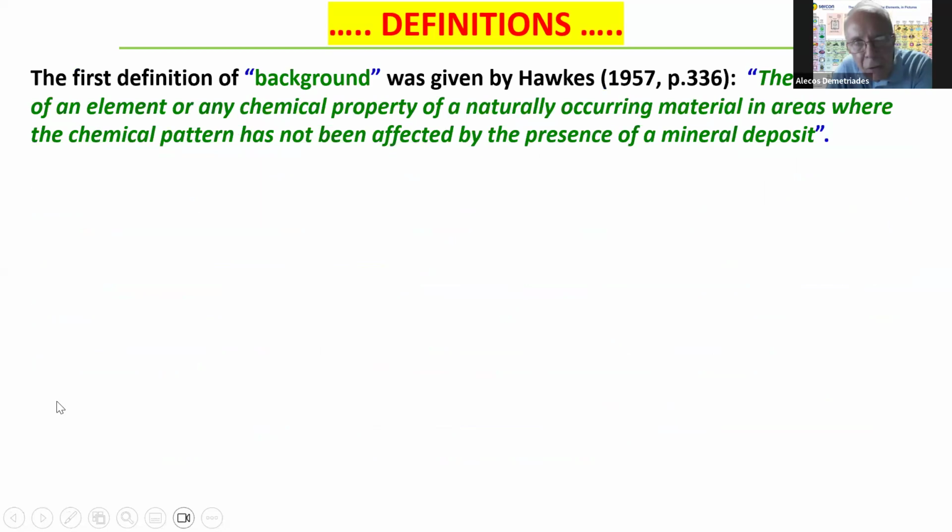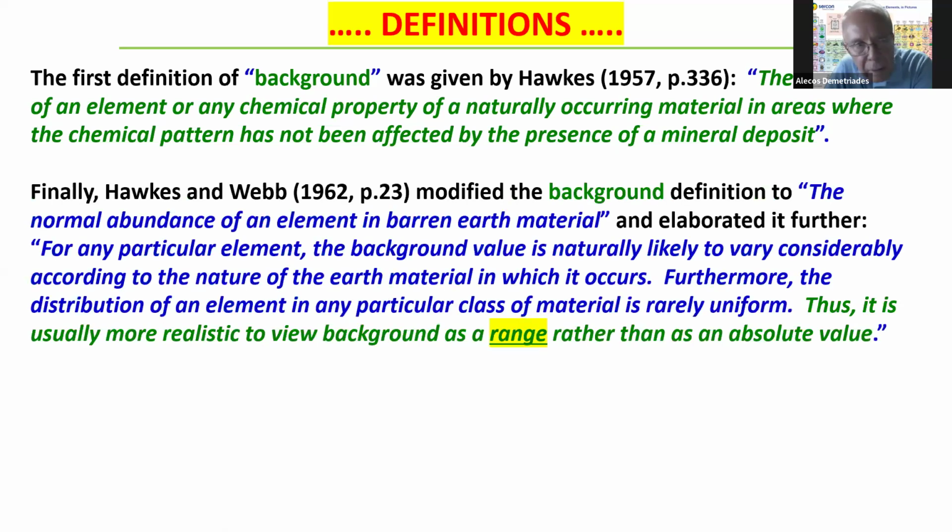Now, the first definition of background was given way back in 1957 by Hopkins. The abundance of an element or any chemical property of a naturally occurring material in areas where the chemical pattern has not been affected by the presence of a mineral deposit. Then Hawkes and Webb in 1962 modified the background definition to the normal abundance of an element in barren earth